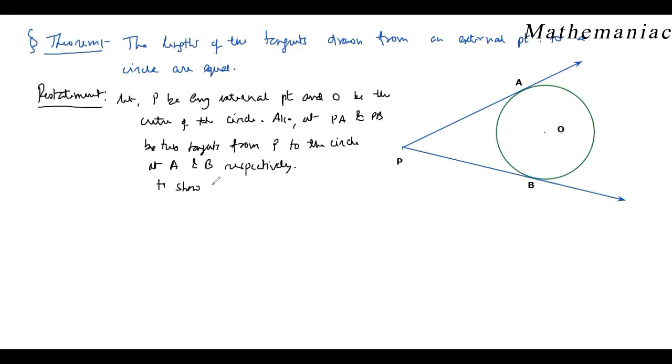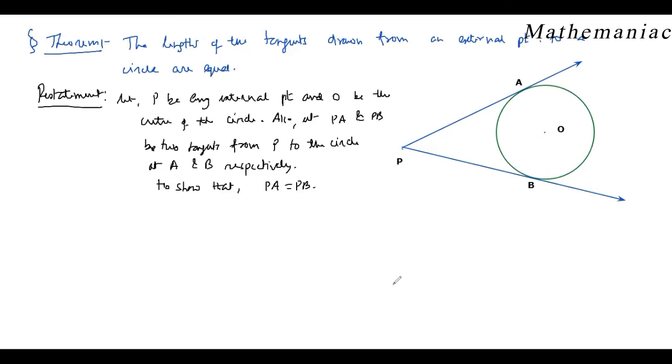To show that, what to show? PA equal to PB. This is what we have to show. Now, in this particular simple figure, it will not be possible for us to go for the proof without doing